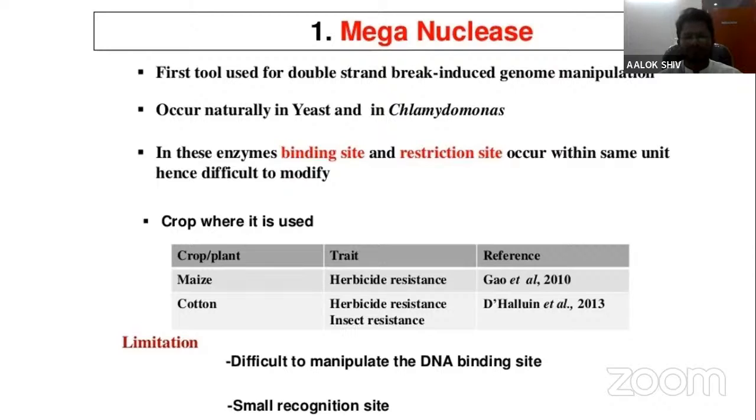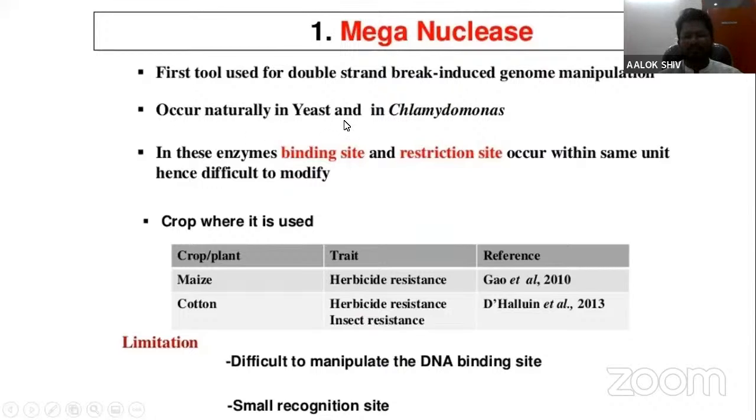As I've said earlier, in genome editing there are two things playing an important role. One is the protein part, which is identifying the genome portion where we have to edit, and the second one is the nucleases which are going to cut that. So this is the first tool which is used for the double-stranded break, and it was mainly used in yeast